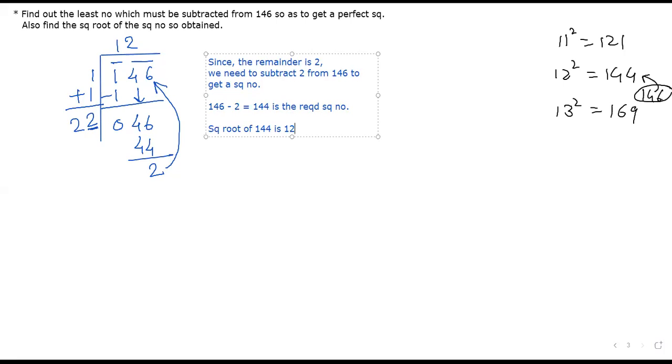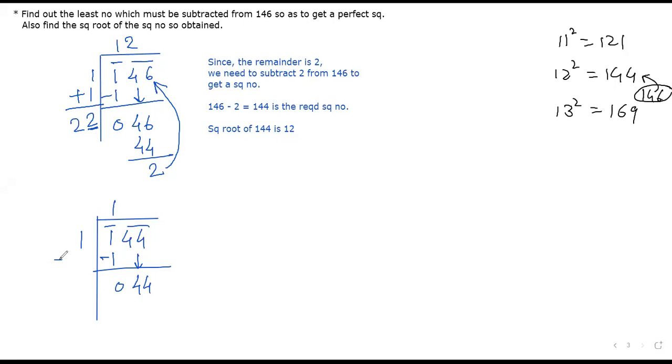Now, if you check just once for 144, we already know 144 is the square of 12. And even if you check by our long division method, bar over 44, bar over 1, 1 1s are 1, remainder is 0, comes down a bar, 1 added to the quotient, 2 with a gap, 22 2s are 44, remainder is 0. Yes or no, children? Are we understanding? Yes, sir.